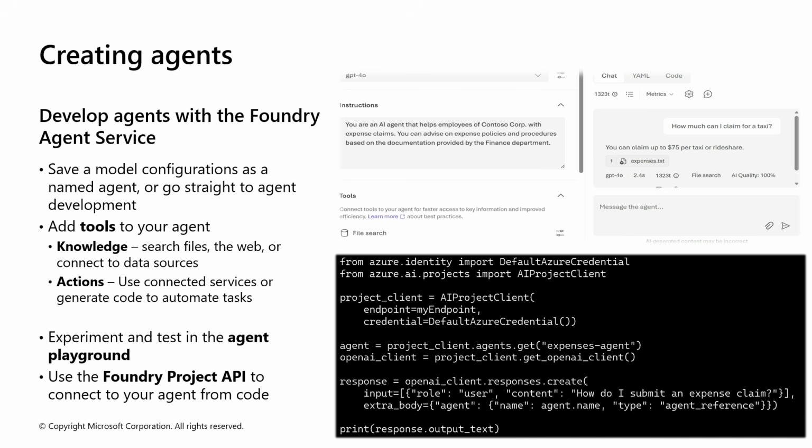In addition, agents can take actions. This is where agents clearly go beyond models. Agents can use action tools to automate tasks such as sending emails, creating summaries, updating records, or generating structured output or code. For example, a meeting assistant agent can read meeting notes and then generate a summary and finally send